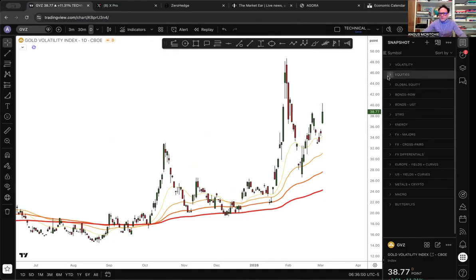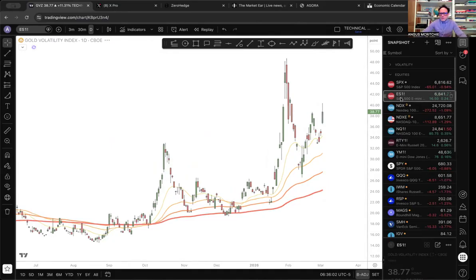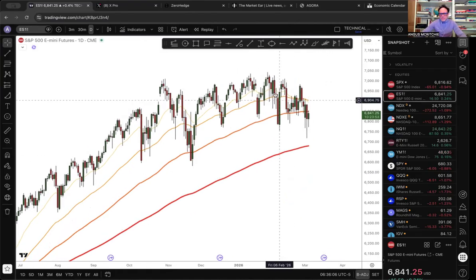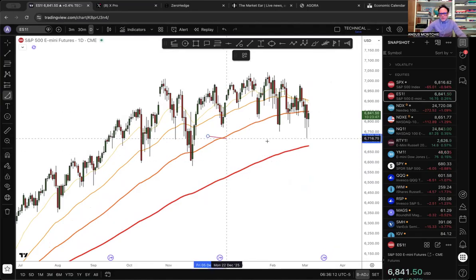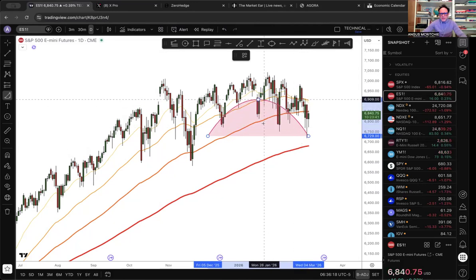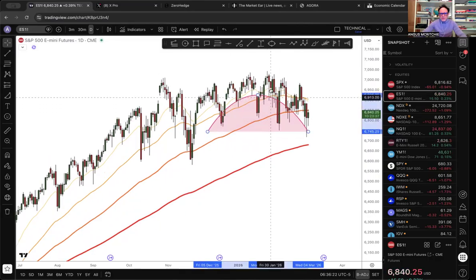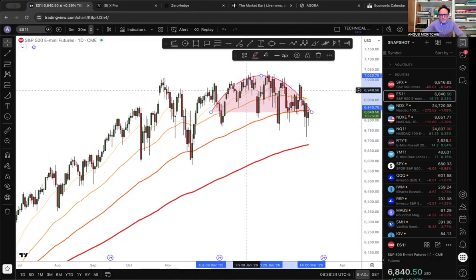Okay, so just looking at overall, let's just look at what's going on. If we look at the equities, you can clearly see that the moving averages are rolling over. This is the ES. And if we look at something, is this some kind of rounding top? So if we just put it on this little gadget here, this technical indicator, like a rounding top, it does seem, if I could move it rather than just having this little crescent there. Look at that. So you see here, what we definitely seem to be getting is a rounding top.